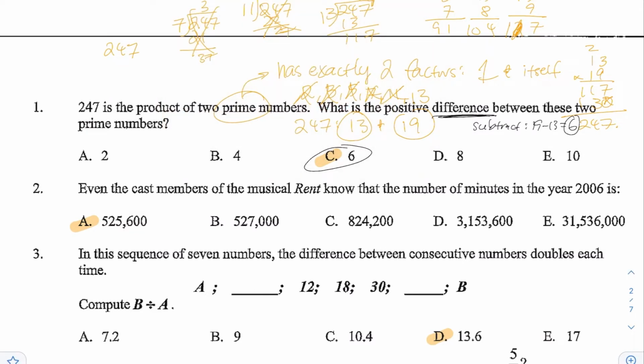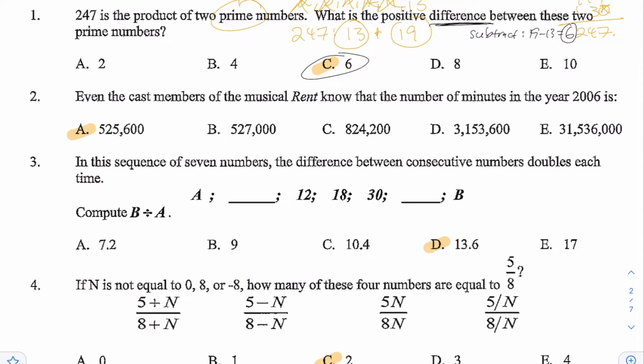So here you have to guess and check between 247 and the divisibility rules with the first couple of prime numbers, and eventually you see that 247 is 13 times 19. Then you subtract 13 from 19. You get choice C. Next, for number 2, even the cast members of the musical Rent know that the number